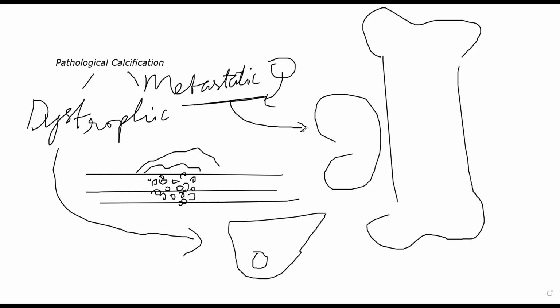Now, more often than not, why this happens is either there is a malignant involvement, or there is hypercalcemia. The patient is consuming way too much calcium, because of which excessive calcium is getting deposited here and there. That can also be another reason for metastatic calcification. So pathological calcification is a condition in which deposition of mineral salts of calcium occurs in places other than bone and enamel.